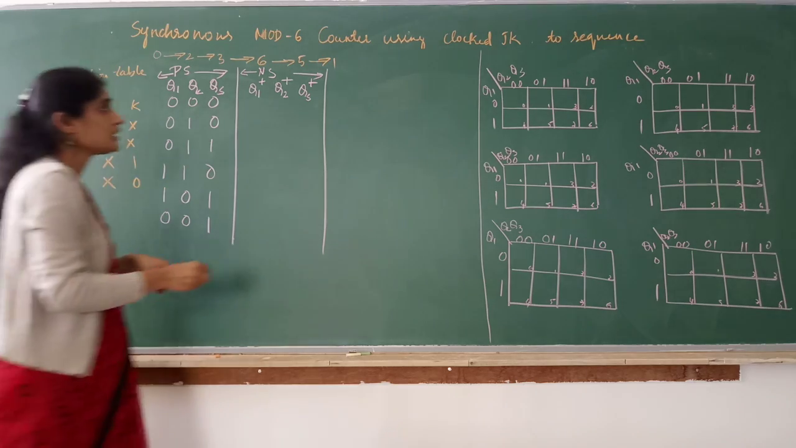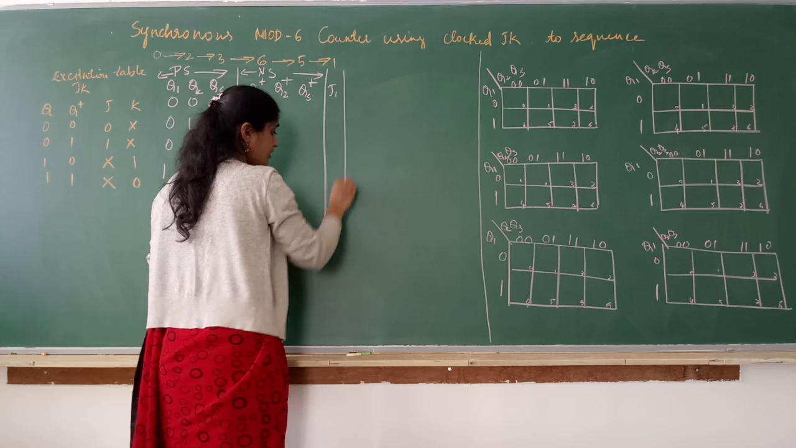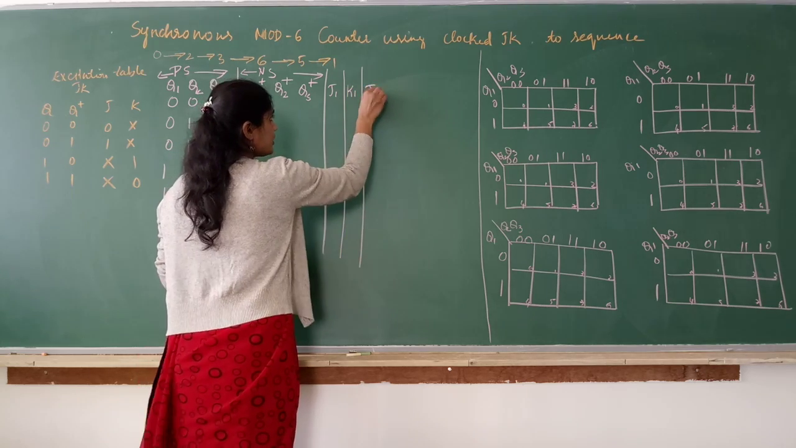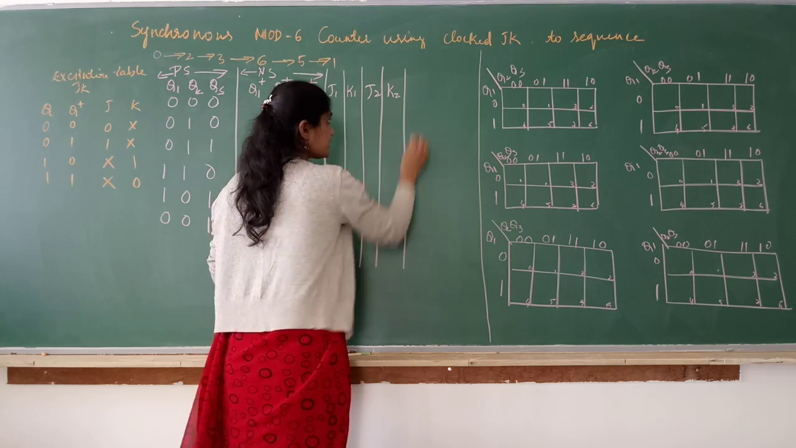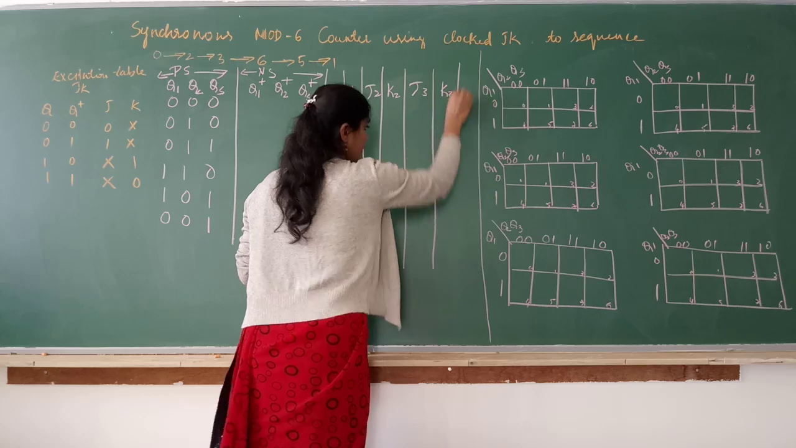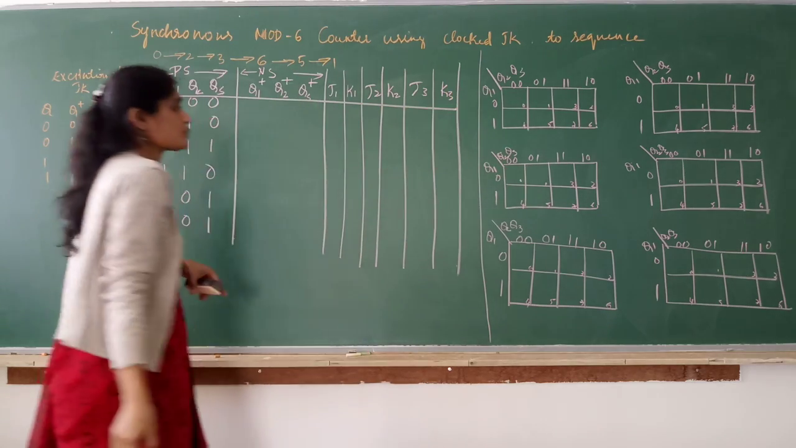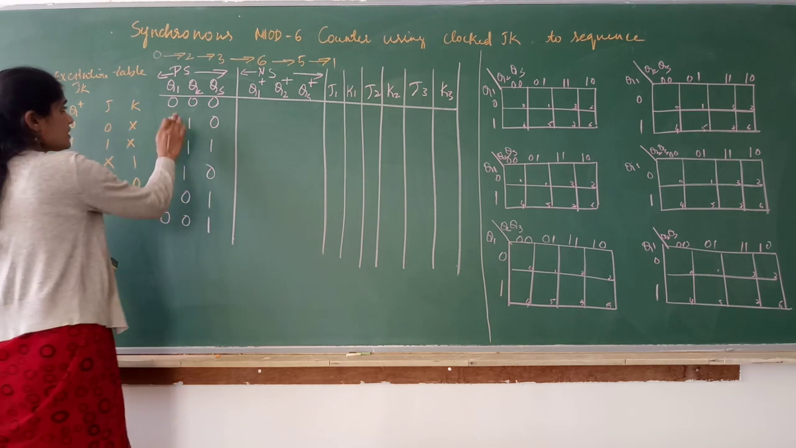JK input, correct? How many flip-flops? 3 flip-flops. So J1, K1 are the inputs of first flip-flop. J2, K2 are the inputs of second flip-flop. J3, K3 are the inputs of third flip-flop, right? So these are the columns which we have in excitation table of counter, mod 6 counter using JK flip-flop. Okay, so now